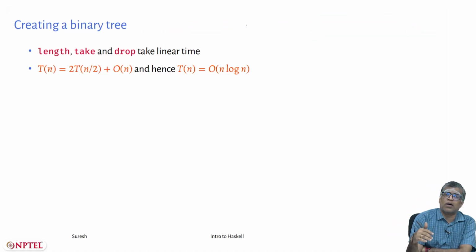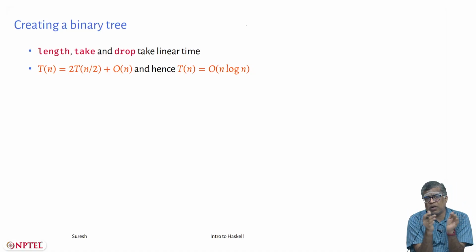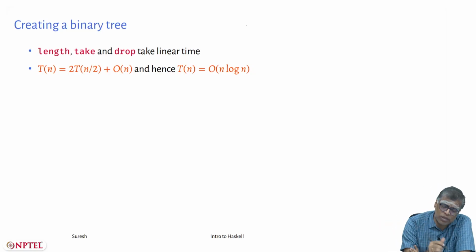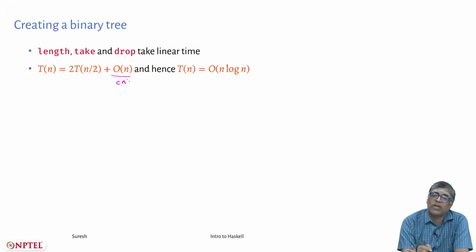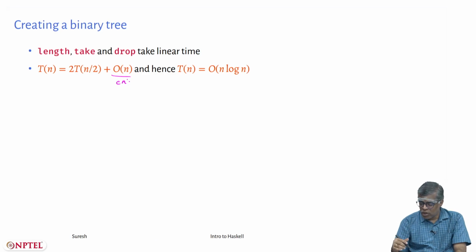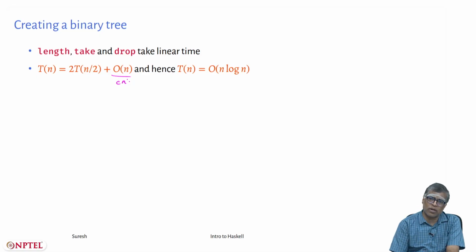So if I write a recurrence, T of n is: I have to create a tree with the left half of the list and a tree with the right half of the list, that is n by 2. So I have to do it twice, so 2 times T of n by 2 plus order of n, let us call it Cn. But this is a recurrence that we have already written for merge sort. It is actually T of n is order n log n time. So we have a method for creating a binary tree from a list which works in time order n log n. Can we do better once again?